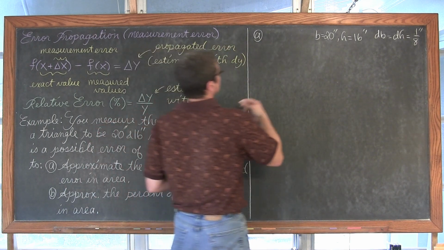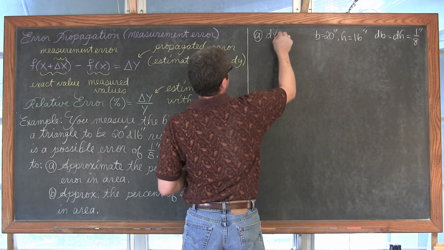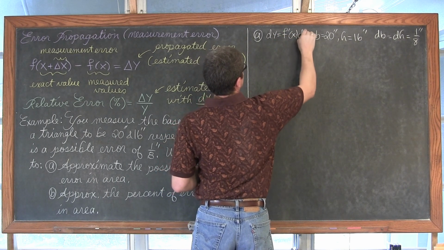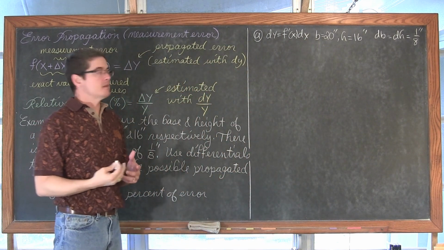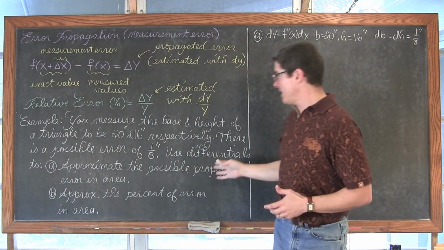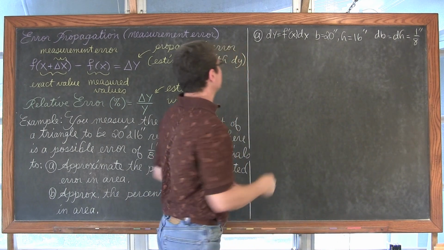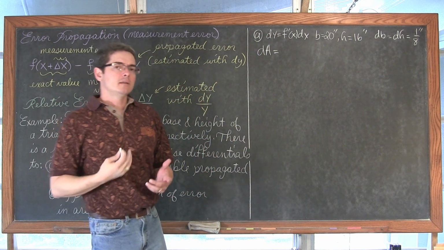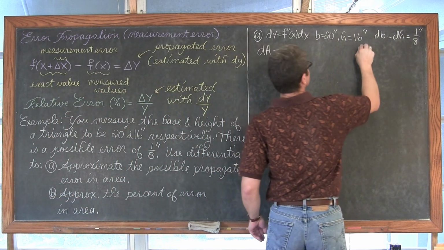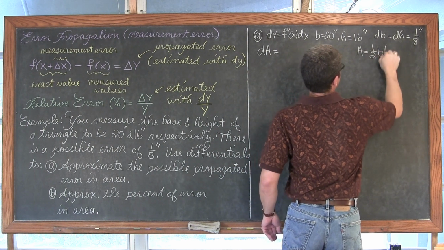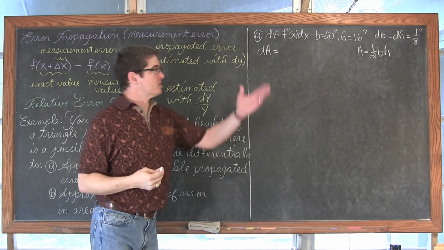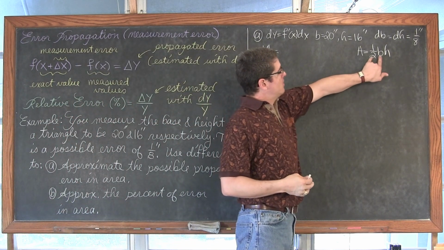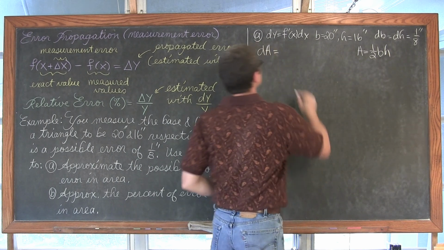So differentials. We're looking for dy, which is going to be equal to f prime of x dx, at least in terms of the general definition. So we want to find the propagated error in the area. So we want to find dA. Okay, well, we're talking about a triangle. So the area of a triangle, that function, is equal to 1/2 base times height. So we're going to need to find the differential using the product rule. So we have dA is going to be equal to 1/2 b dh